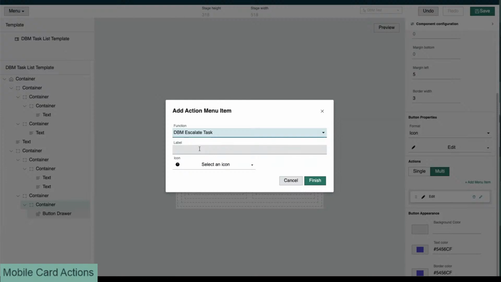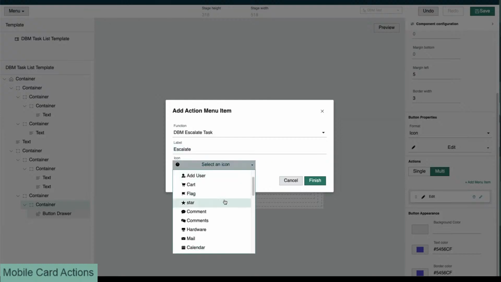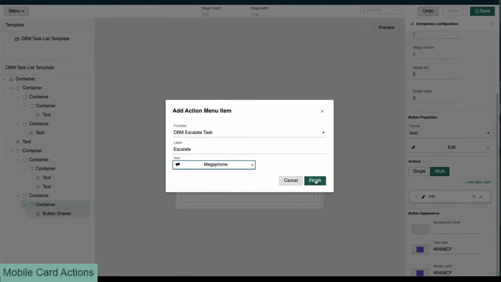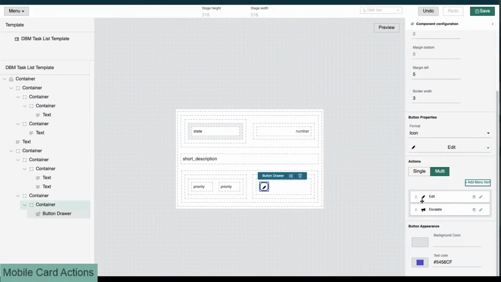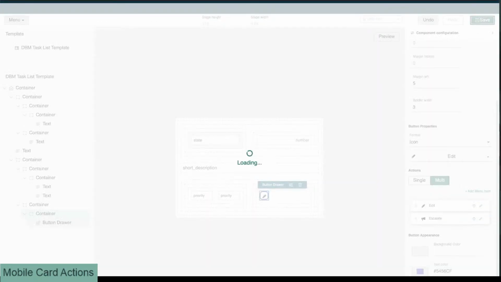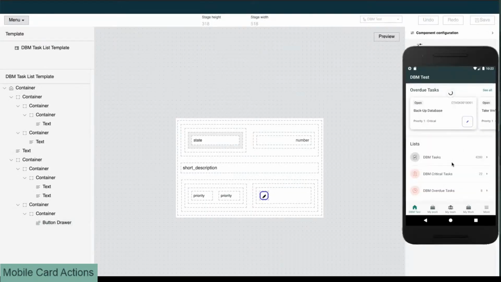This is set to basically just set the task to critical if I want to. So I'm going to give it a label of escalate, and let's go with a megaphone for that one, because generally it's a loud thing when you have to do that. So now I've got these two functions. And if I save that and come back to the mobile device,